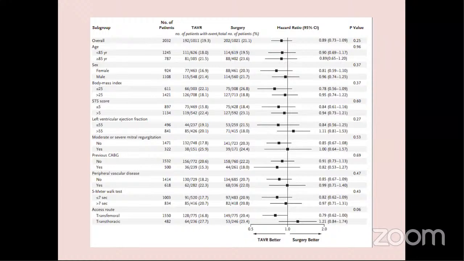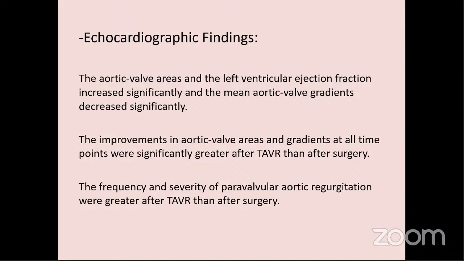Okay, proceed. So on the echocardiographic findings, the aortic valve area and the left ventricular ejection fraction increased significantly, and the mean aortic valve gradient decreased significantly. The improvement of the aortic valve area and the gradient at all time points were significantly greater after the TAVR than the surgery. The frequency and the severity of